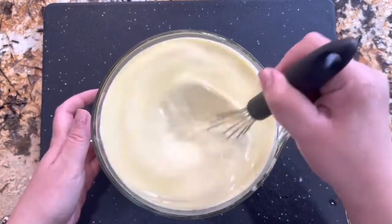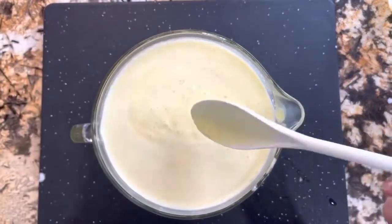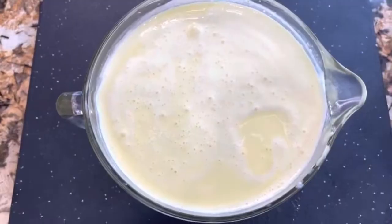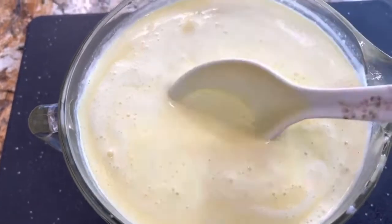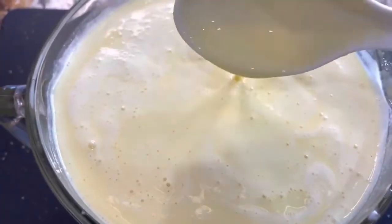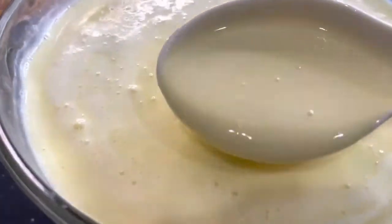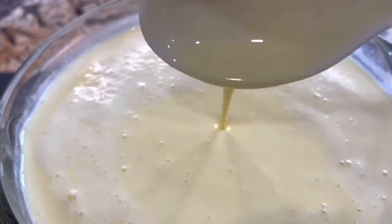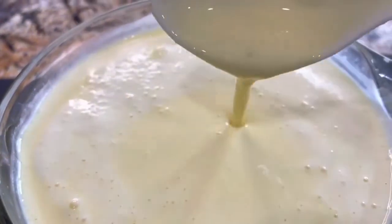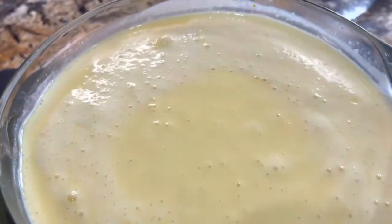Okay, once this is done, well then let's give it another taste. It tastes amazing. Now that this is done, let me show you how thick, how creamy, how delicious this looks. The color is amazing. It's bright yellow, but at the same time, it just looks perfect. The smell really penetrated my kitchen. And now I'm going to put it aside,